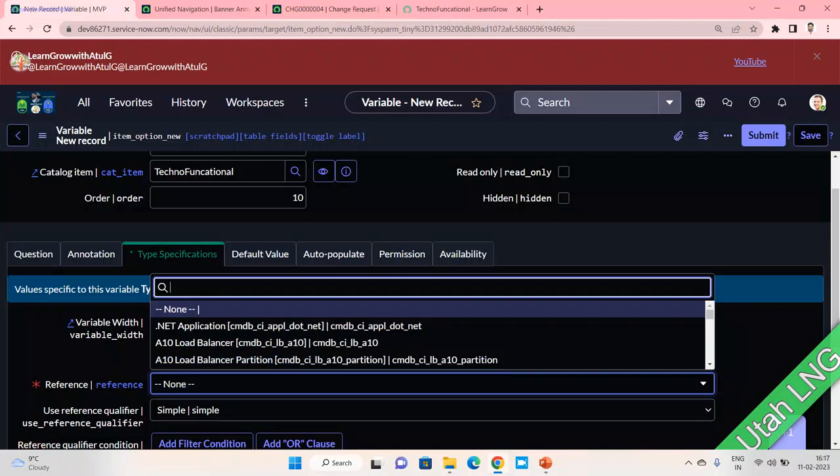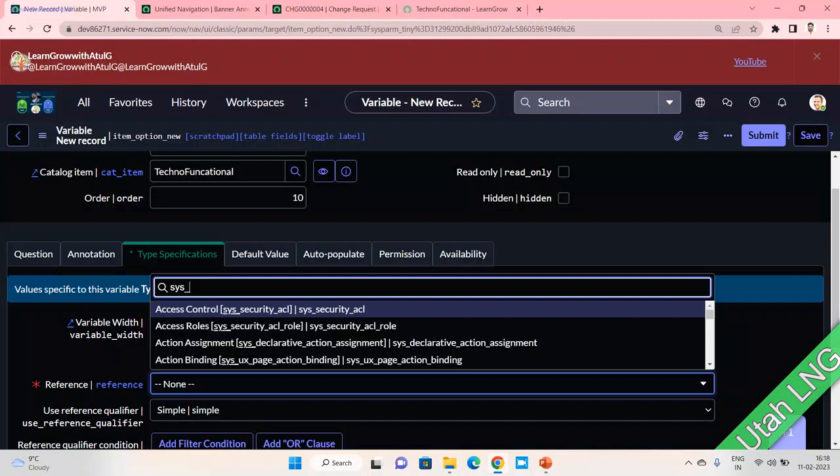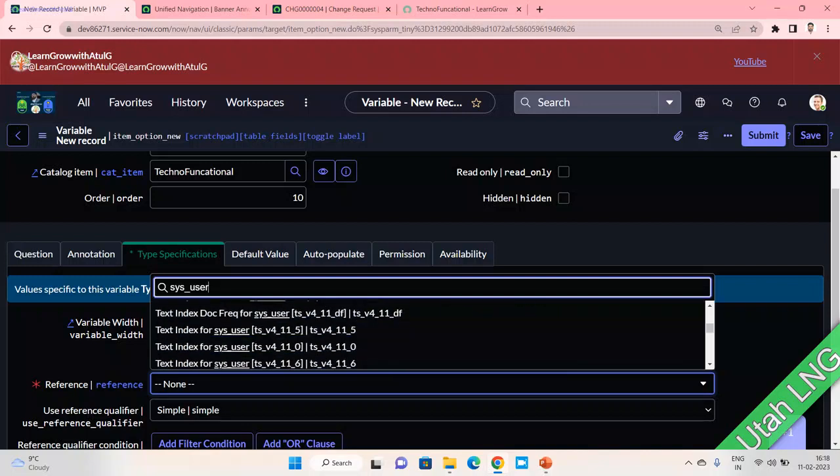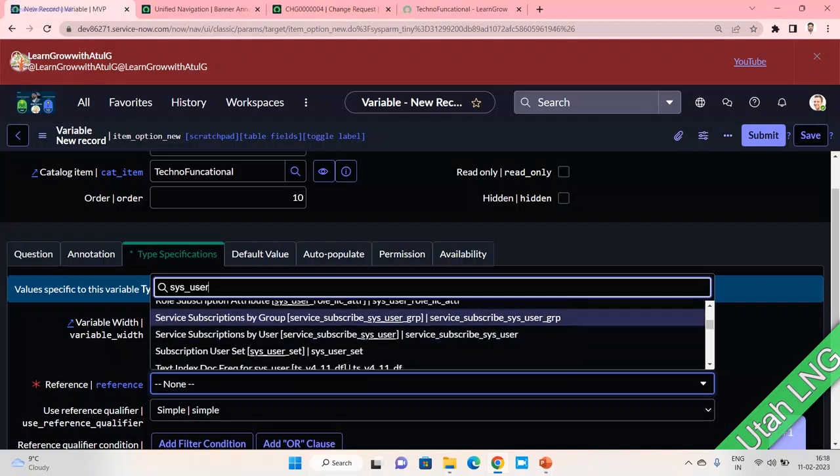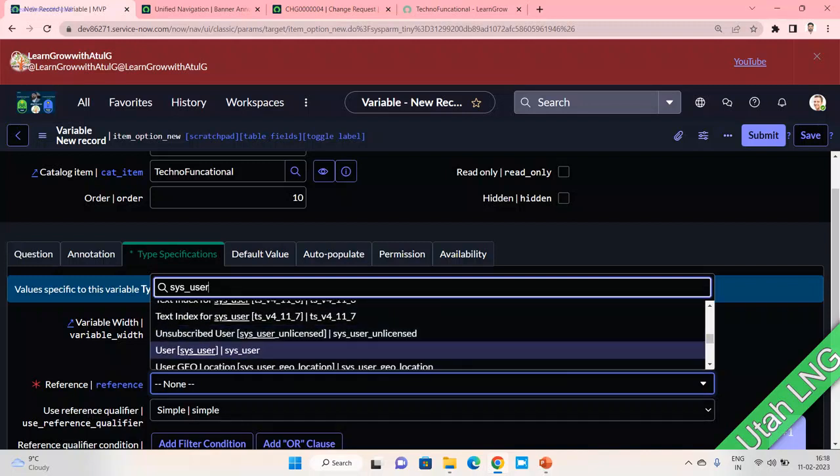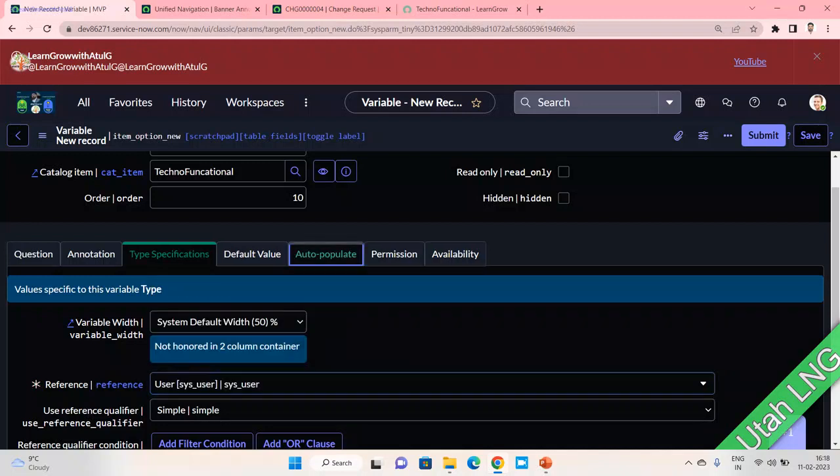I must say, in the App Engine Studio, ServiceNow improved this part, so that instead of writing the table name, you can write normal English like task or incident or change or problem. If they can introduce that functionality here as well, that will be better for users like me who don't have technical knowledge but need to do this work day in and day out for POC purposes. So now I can say, let's say sys user table, it is this,